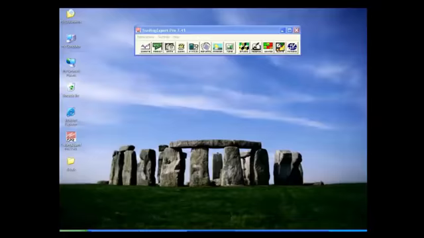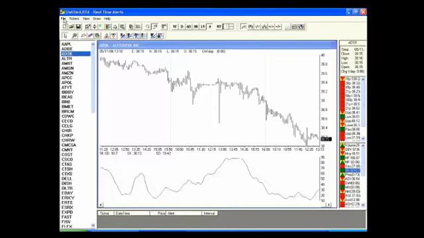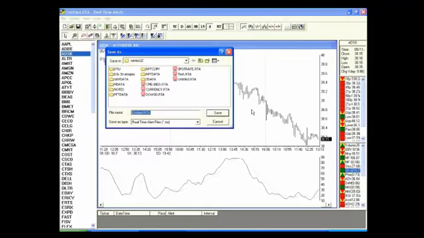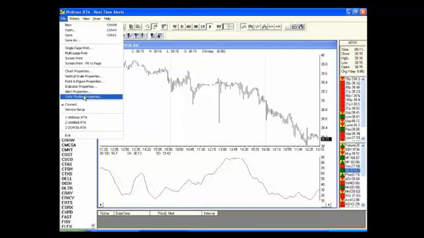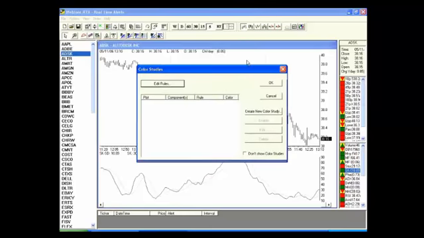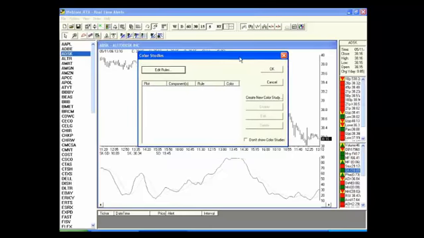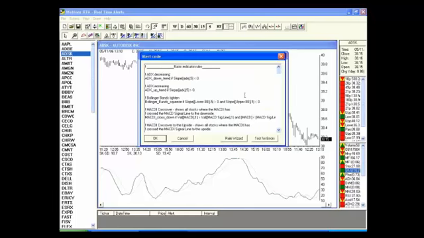I'm going to go ahead and close these two. I'm going to go ahead and save this so I don't lose what I'm doing so far. I'm going back to File, and we've gone to Alert Properties, and this is Color Study Properties. It sets up a little bit differently in here than it does in Charts, but you can use Color Studies in here. If you have any questions or anything,